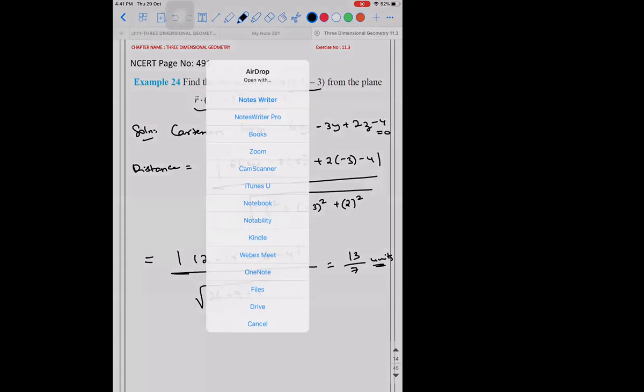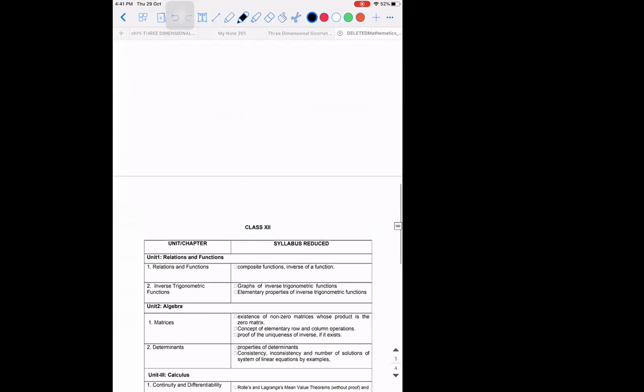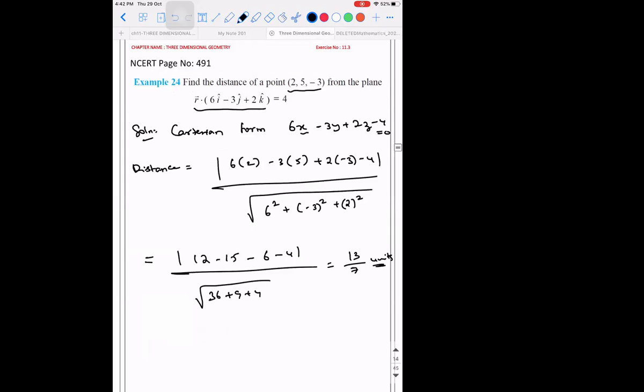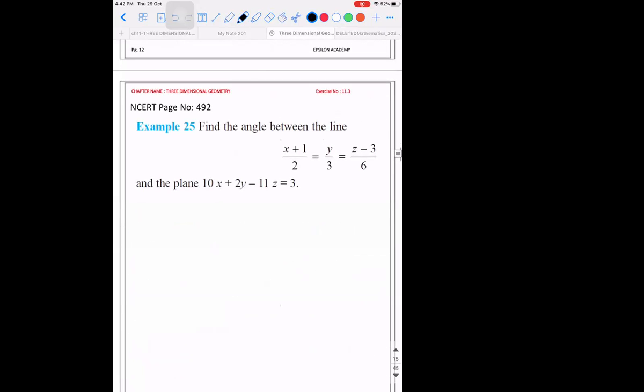Okay. So with this, we have completed the portion for three-dimensional geometry. Because angle between two lines, two planes, and between the line and the plane is actually removed. To be very honest, they are not very tough concepts that they have been removed. The only thing that you don't know till now is the angle between a line and a plane. That is not needed. If you know the angle between two lines and two planes, if you have clarity about what it is, it is enough for you to solve the other problems. So angle between the line and the plane, not there.